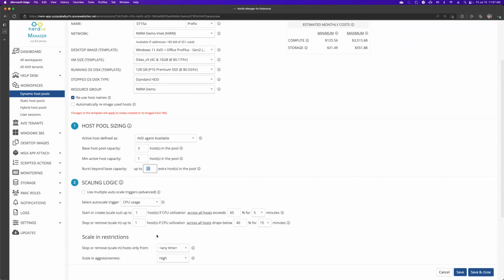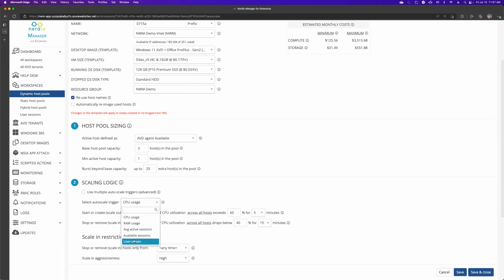But in a multi-session scenario, we can scale in and out, meaning add capacity or remove capacity based on several different triggers. We can scale based on CPU usage, based on RAM usage, based on the number of average active sessions per host, ignoring disconnected ones, based on available sessions buffer, taking into account disconnected ones, or purely